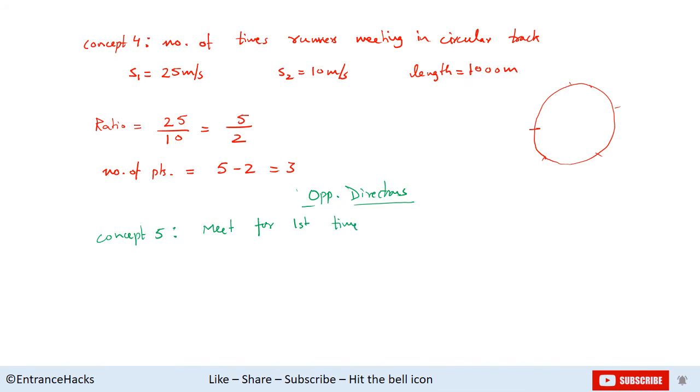It is similar to when they were traveling in the same direction. Now when they are moving in the opposite direction, they will simply meet at time t, which is equal to distance, that is the length of the track, upon the addition of speeds, that is their relative speed, s1 plus s2. They will be meeting at time d upon s1 plus s2, right? Now